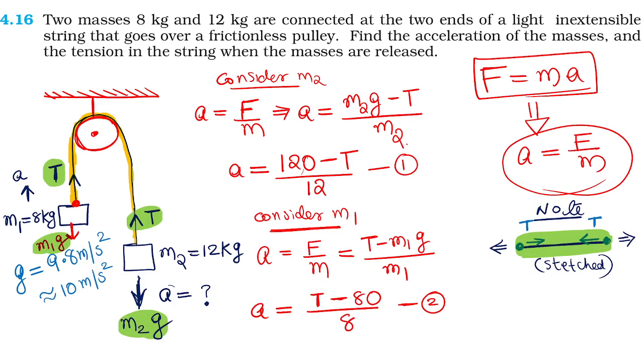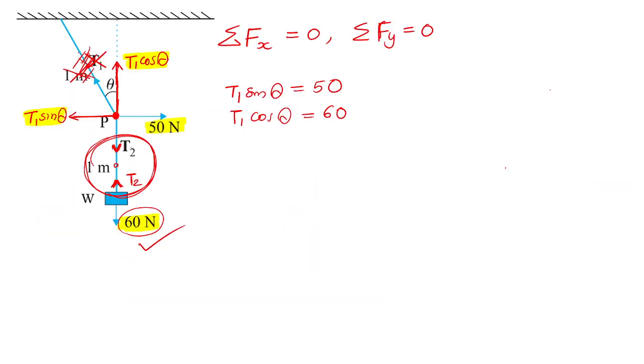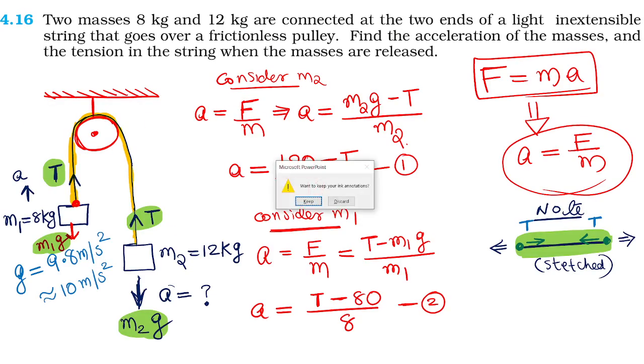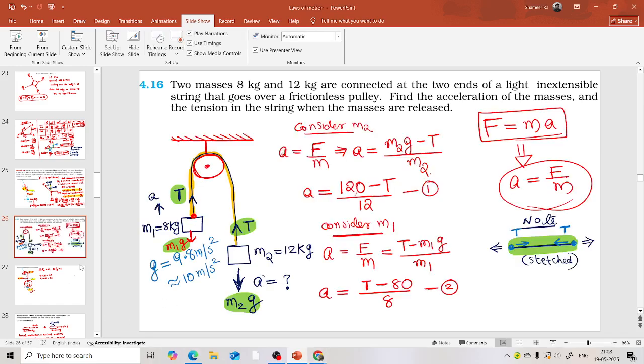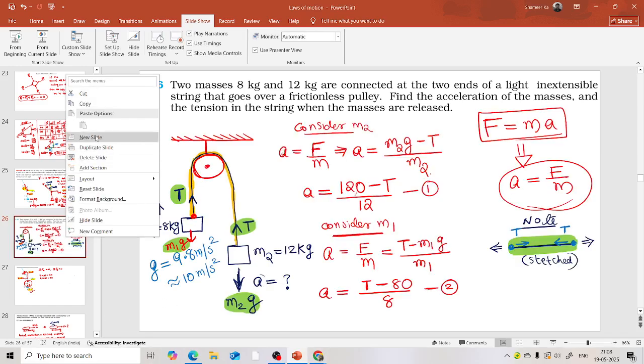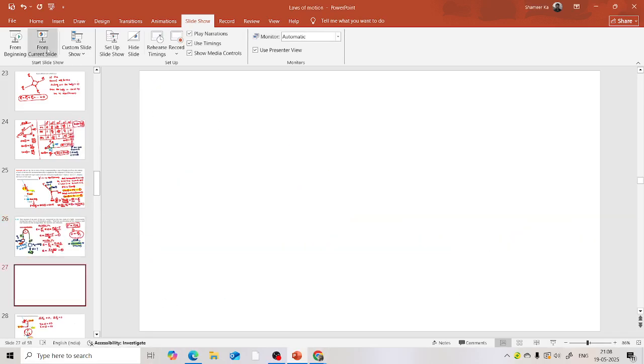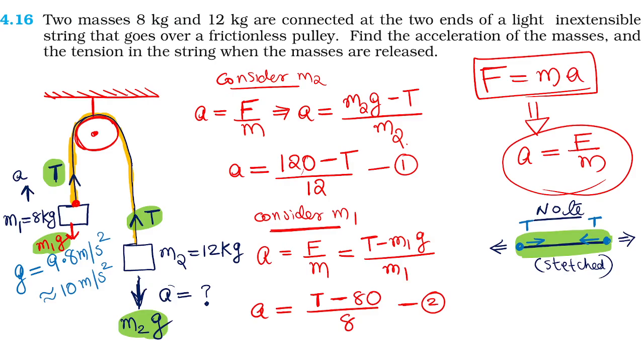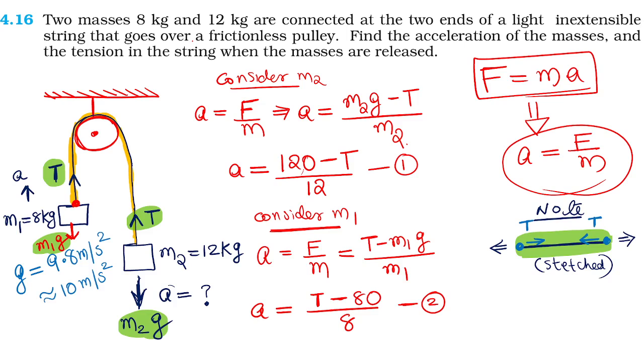So I will give you one similar question because it is an important one. Okay, 1 minute. The remaining steps I want to write. So I got two equations. What are the two equations? A equal to 120 minus t divided by 12. Let me write the two equations again. I am writing the equation again. Okay, and second one is A equal to